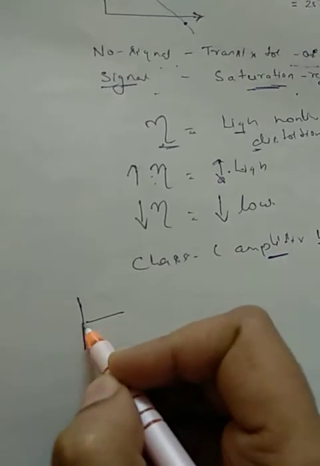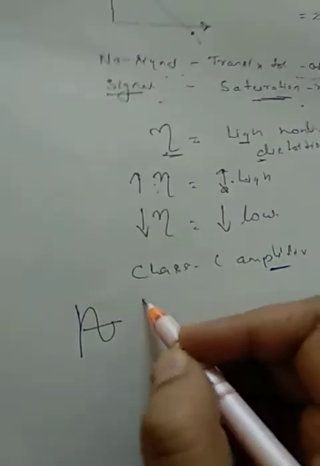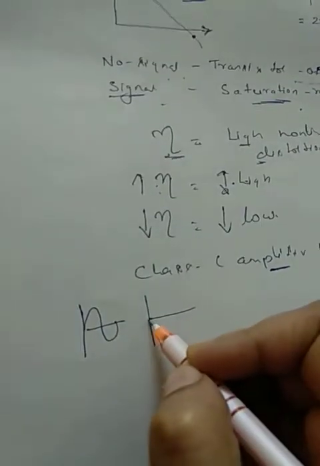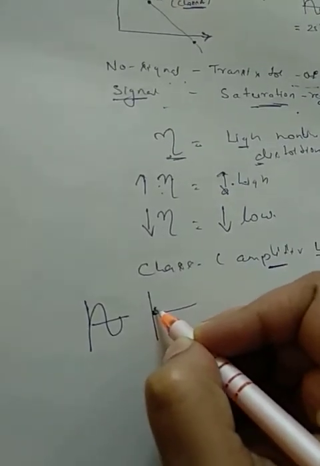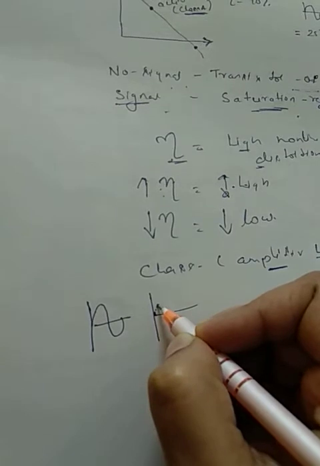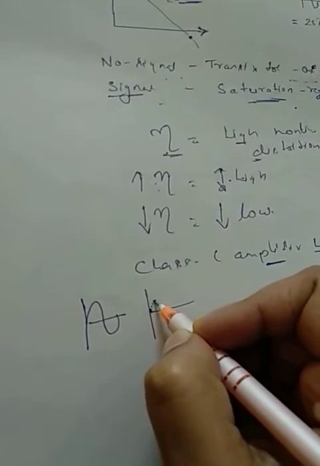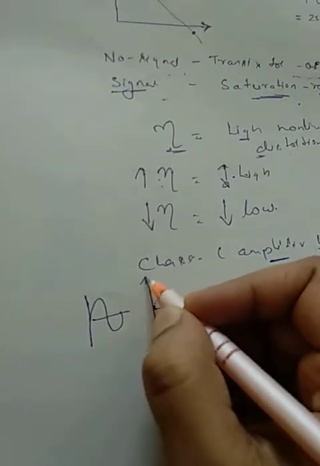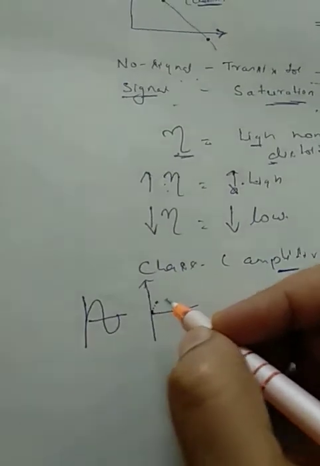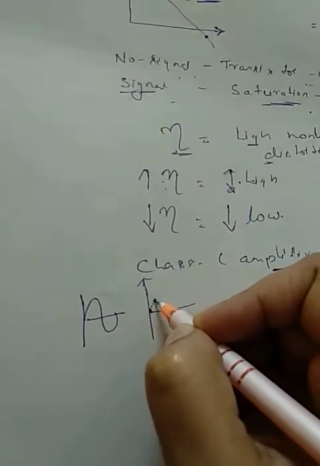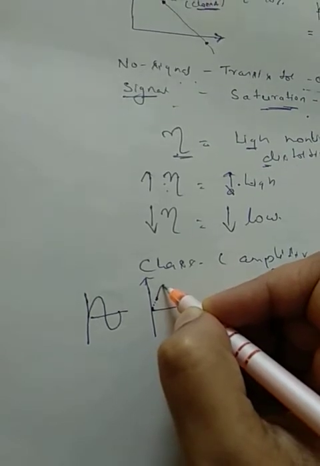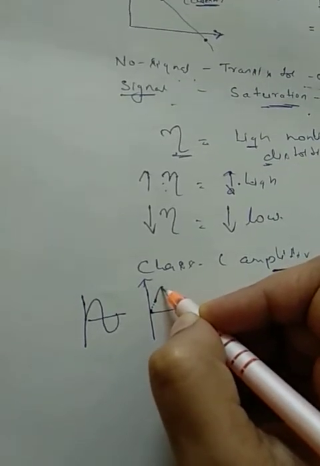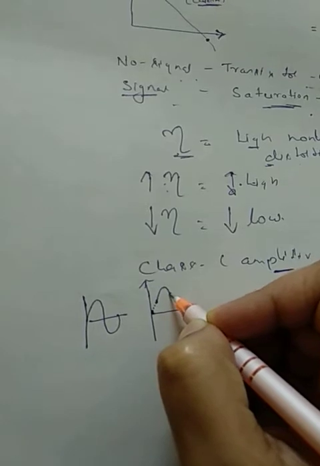If we see the input and output, suppose this is the input voltage. We have applied an input voltage: 0 volts, 0.2, 0.3, 0.4. The transistor will not turn on. This is the cut-in voltage of a transistor. Suppose it is a silicon transistor and the input reaches 0.7 or so, then the transistor will start conducting, and the voltage will be equal to V saturation. So again it will start conducting.